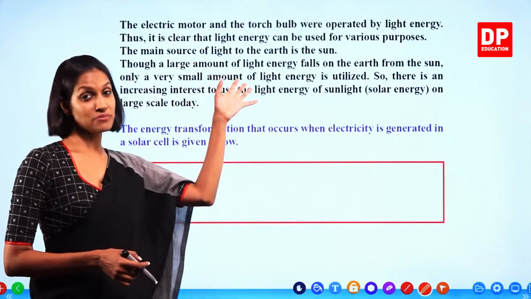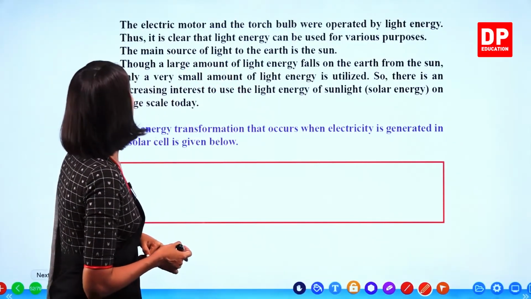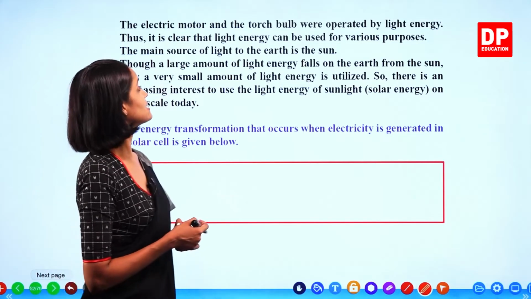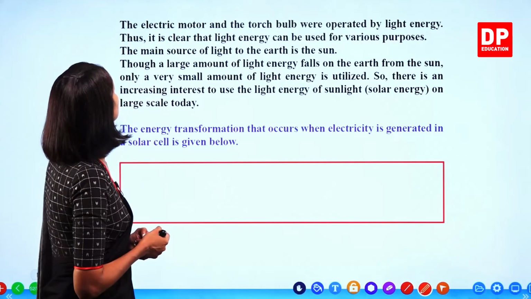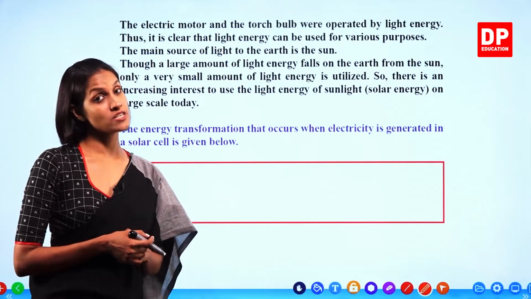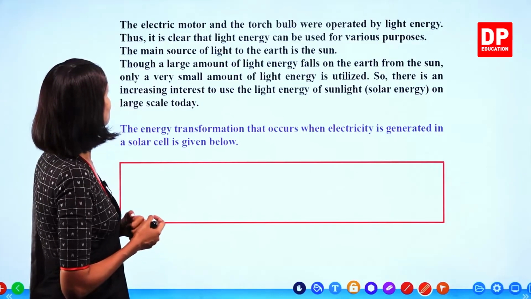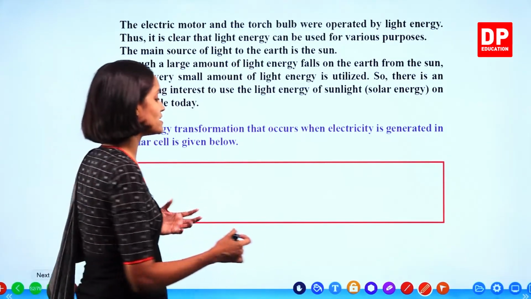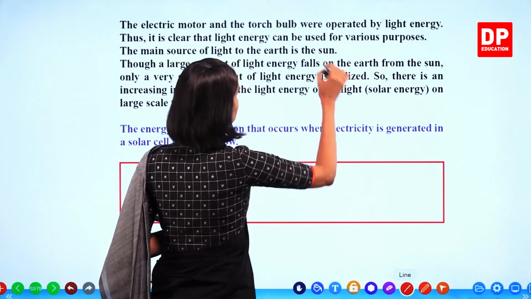Here the same thing we discussed is here. The electric motor and the torch bulb were operated by light energy. Thus, it's clear that light energy can be used for various purposes, right? The main source of light to the earth is, what is the main source of light, children? That is the sun,